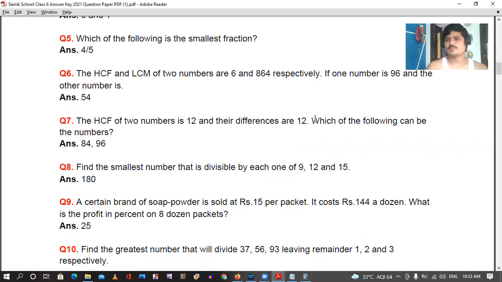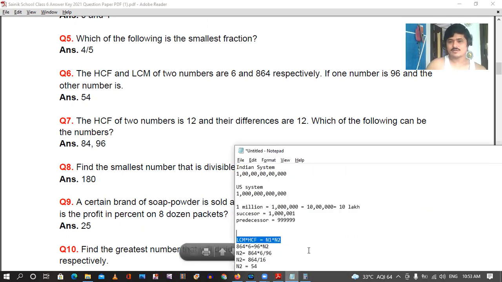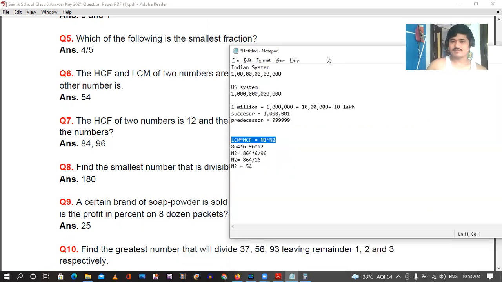The options are not provided, but let me tell you, this is the easiest question that you can get. Okay, the way you will have to solve it is this. Write the multiplication table of 12.